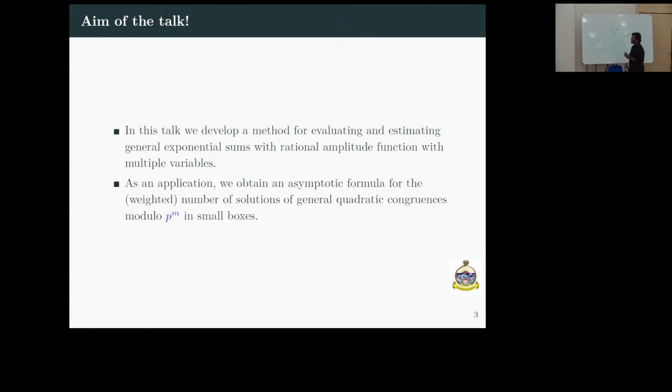A typical asymptotic formula is of this kind. Suppose you want to find the order of some set for a prime p. It is of the form some p to the power n plus some error quantity. This big O was already defined the previous day. This error is of some order which is less than n. This constant C may sometimes depend on some epsilon also, but usually this is some absolute constant.